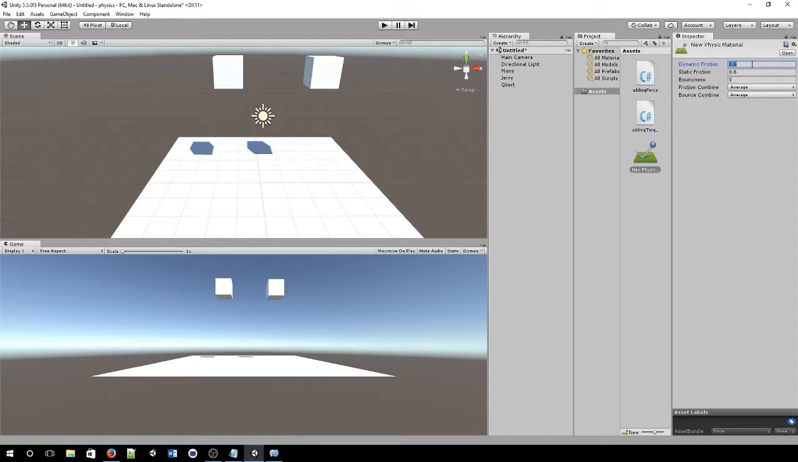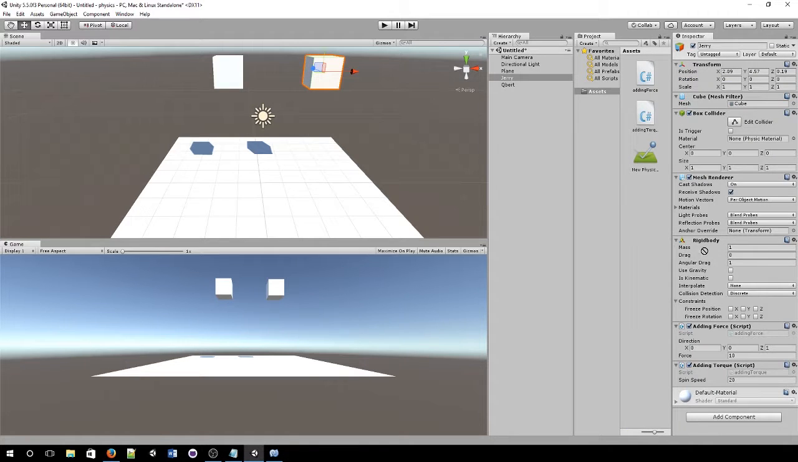So dynamic friction controls the friction against it while it's moving. Static is to get it moving. And bounciness is always fun. Bounciness determines whether something is going to bounce off of things. It's pretty self-explanatory. So if I take this and I give it the bouncy,